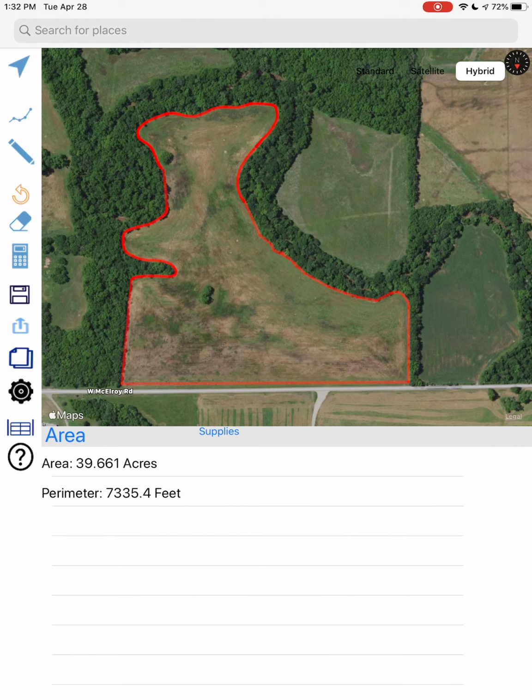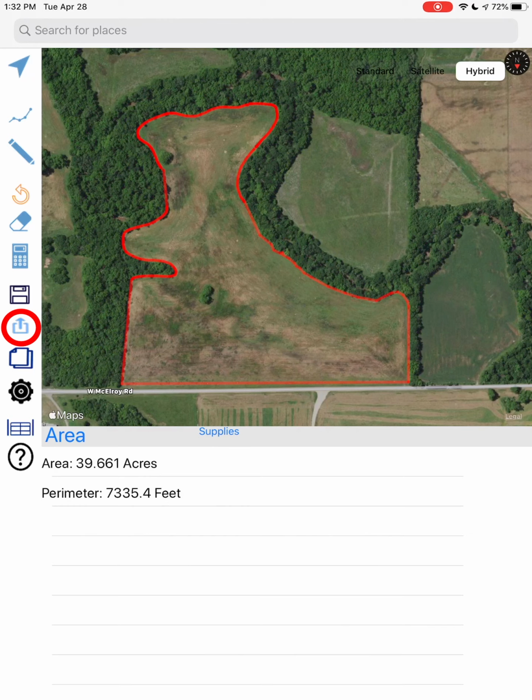Pressing Calculate will cause a segment to be added between the end point of your last segment to the starting point of your first segment. This is to create an enclosed drawing for the area calculation. If you wish to include a gap or a gate in your project, I will show you how to add that in a little bit.